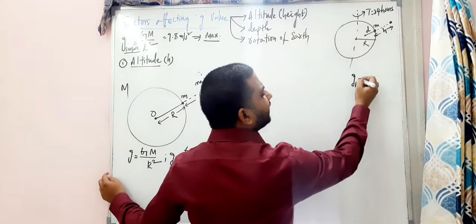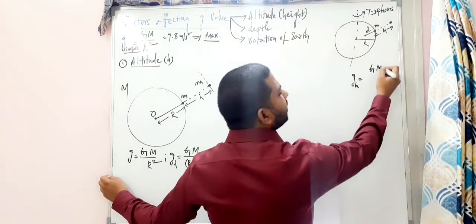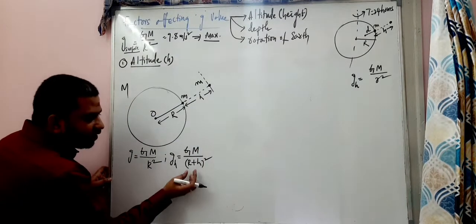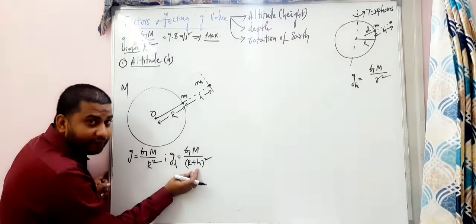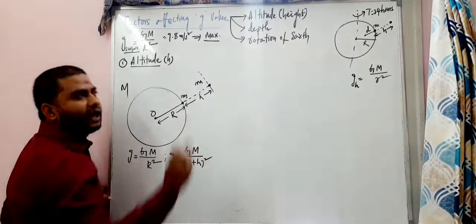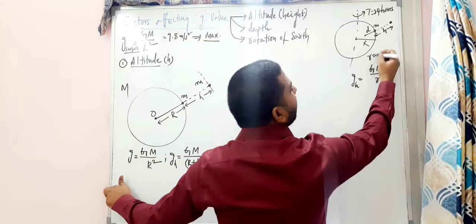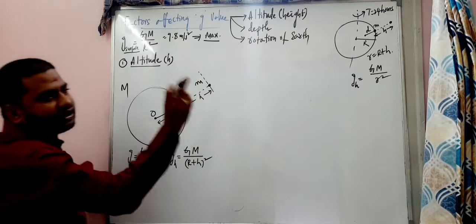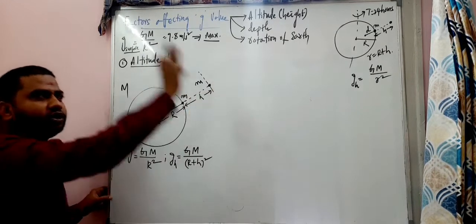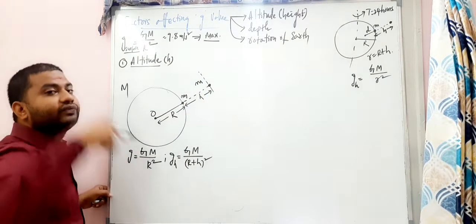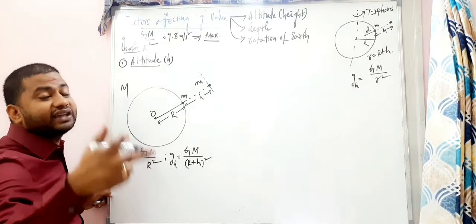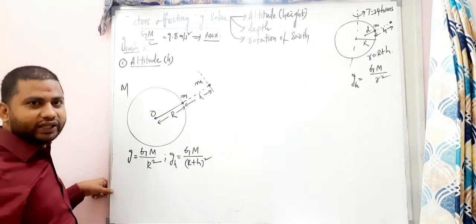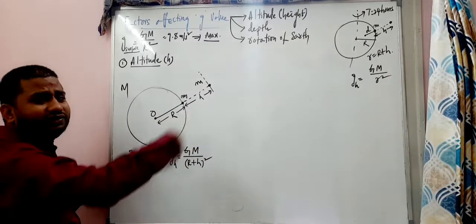And this I can write somewhere here nearly. Acceleration due to gravity at some height is equal to G capital M by small r squared, where if I consider R plus h as small r, I can write it as small r. So I am writing here: small r is equal to R plus h. Keep it there. Why I am writing separately is that it will be used somewhere, which is very important for NEET and JEE exam, KCET exam also. For that purpose, I am just keeping it over there, right? So there is nothing different.